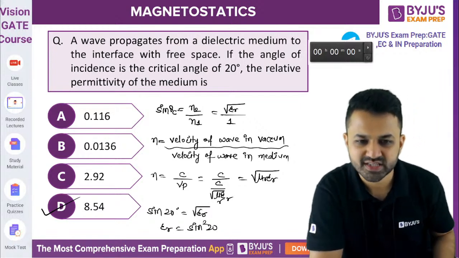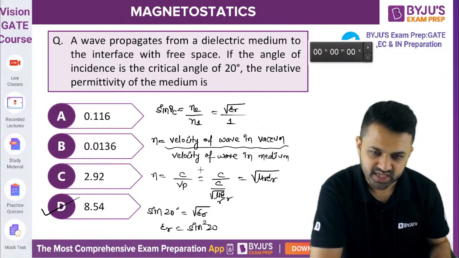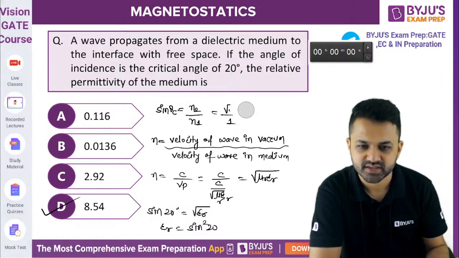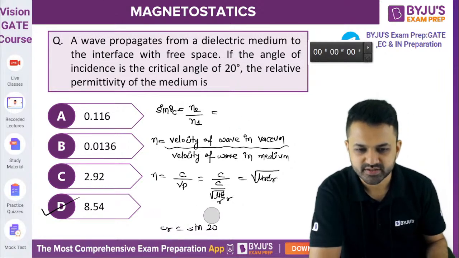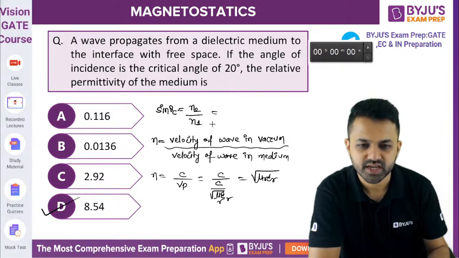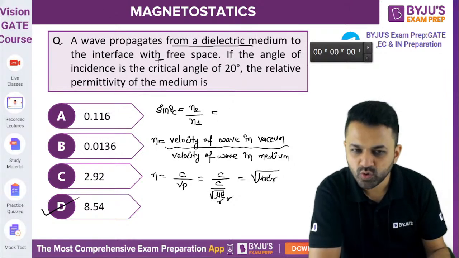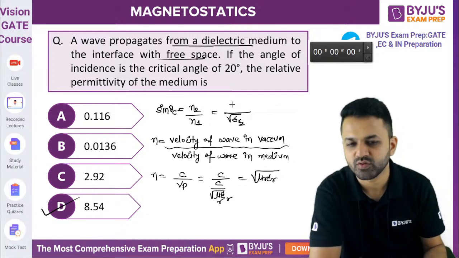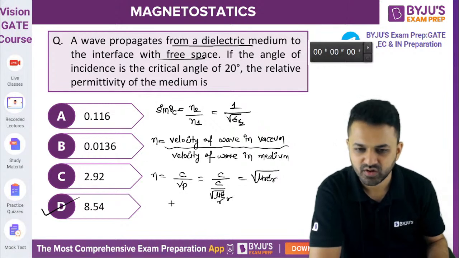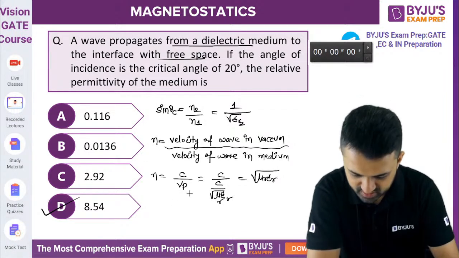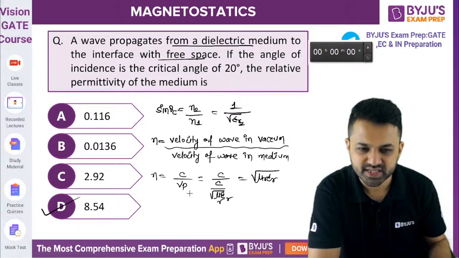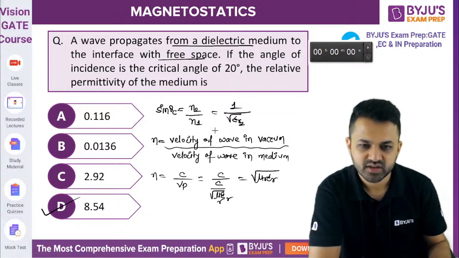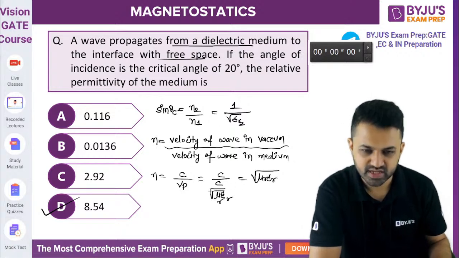Tell me, what is your first medium? Yes, exactly. It is opposite. Okay, it is opposite, right? The wave propagates from the dielectric to air. So this means the first medium is dielectric. So this is root over epsilon r2 and this is 1. So now that's how I have done. Yes, that is the mistake, Pratyusha. Yes, that is the mistake.